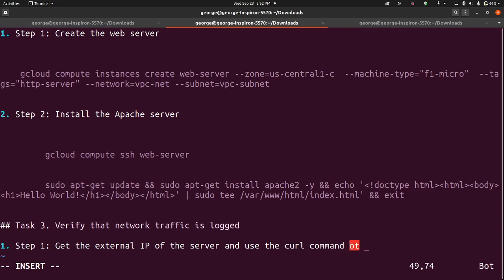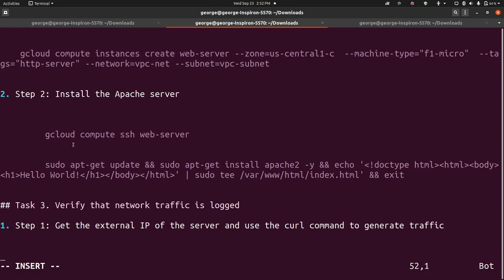to generate traffic. Okay, so we are going to see how that's going to be done. I have a nice command. We want to get the IP address. Okay, so let me show you something